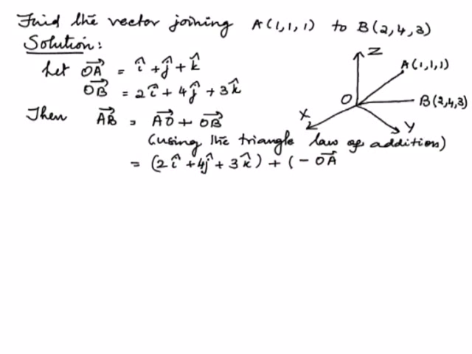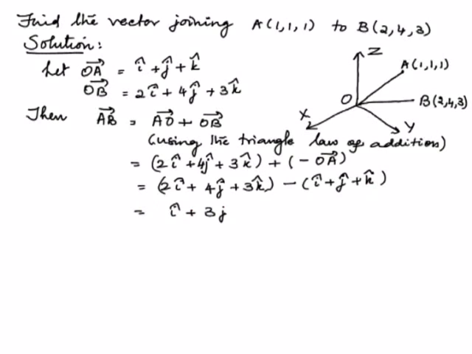So in other words, we can remember it as AB vector is equal to OB vector minus OA vector. That is second vector minus first vector. This is also a clue to remember. So it is 2i plus 4j plus 3k minus of i plus j plus k. That is i vector plus 3j vector plus 2k vector